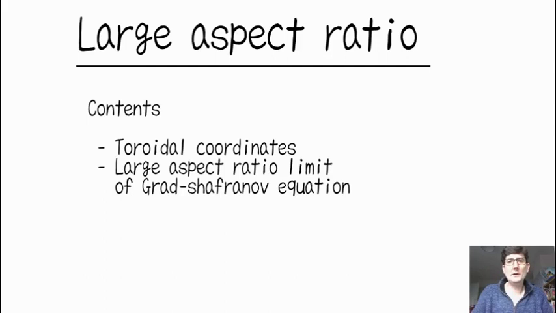Welcome. In this video I'll introduce the large aspect ratio approximation for the Grad-Shafranov equation, and this is a reason to introduce the toroidal coordinate system and learn about how to transform between coordinate systems. We'll go through the first step of the aspect ratio expansion, which ends up with a cylindrical approximation, and then show how that relates to the cylinder solutions we found before, for when you're looking at Jacobs-Beers grad P solutions in Z pinches and theta pinches.